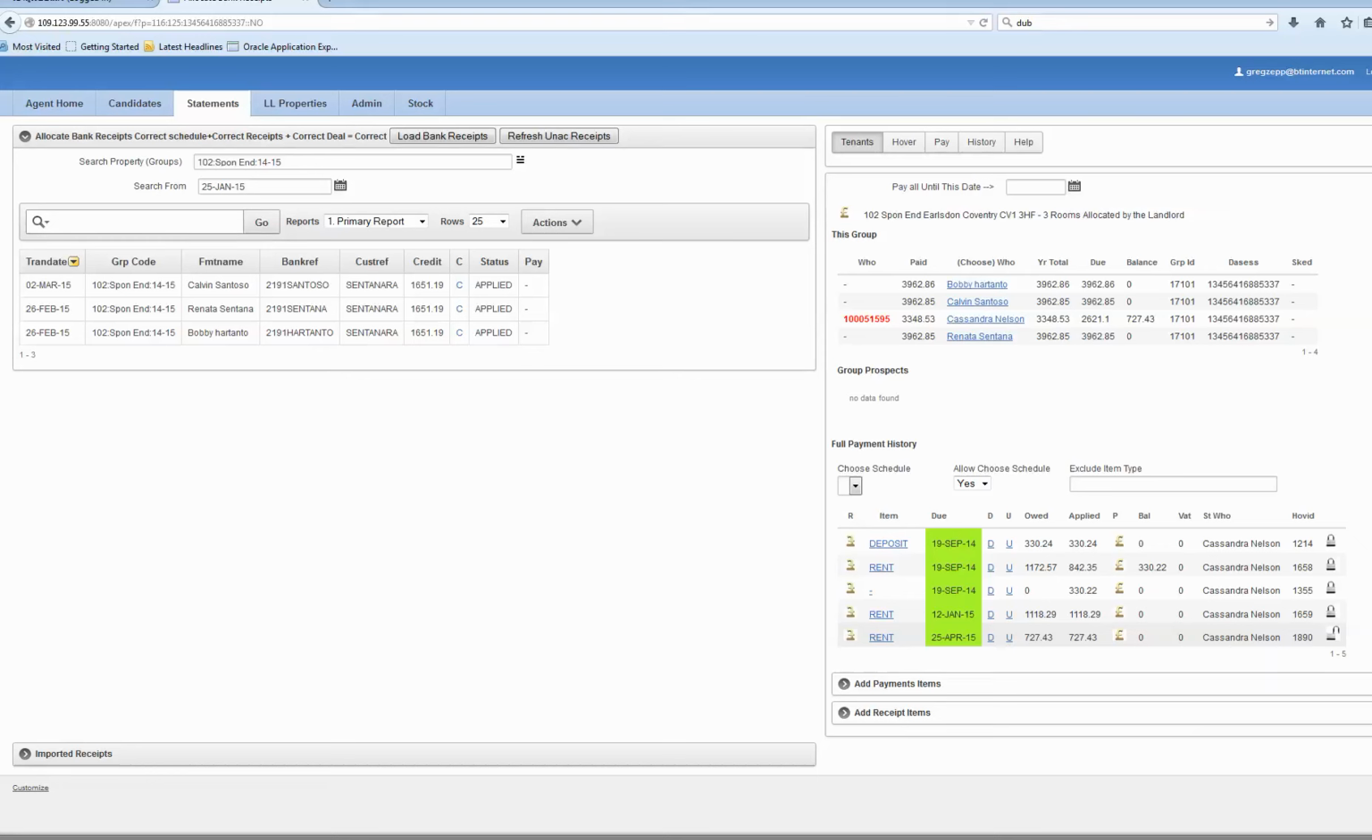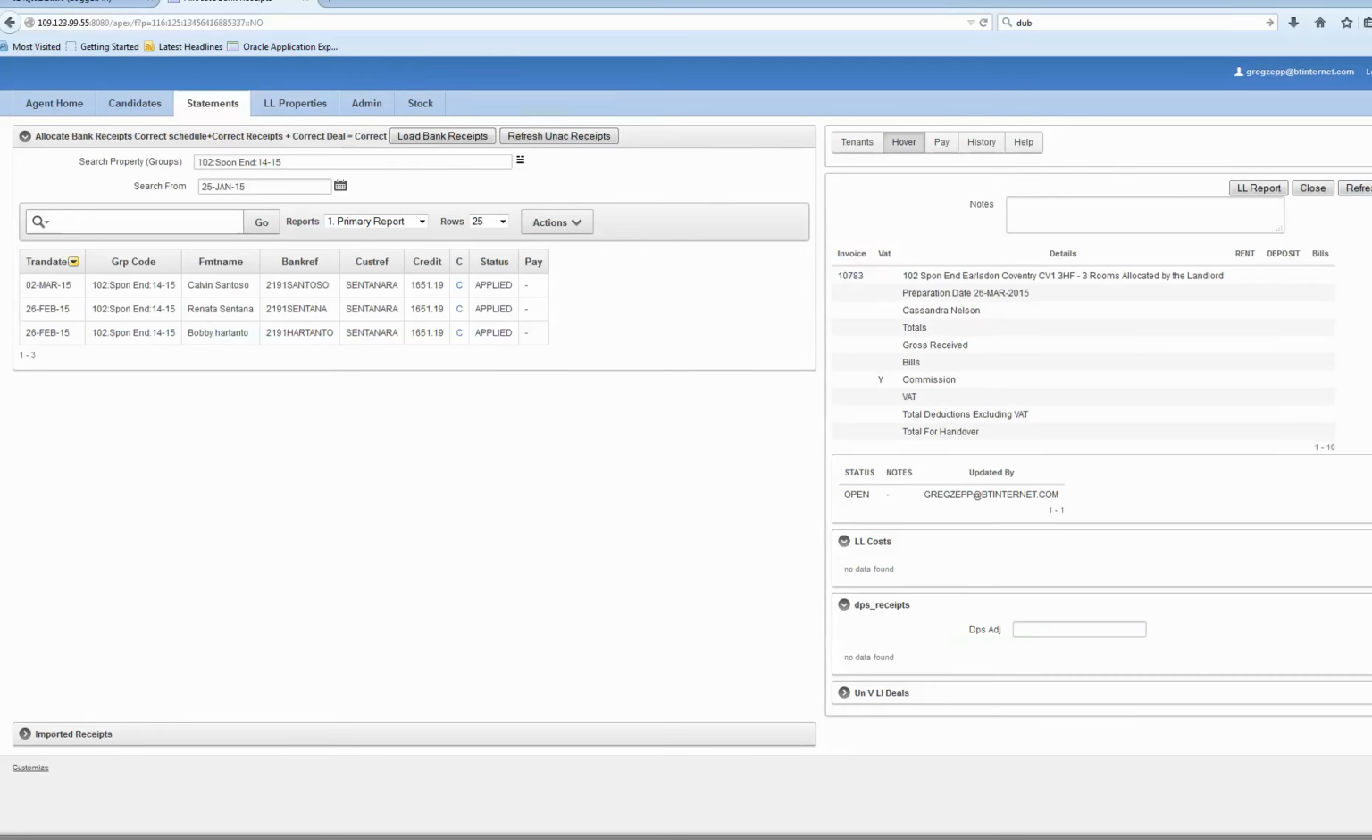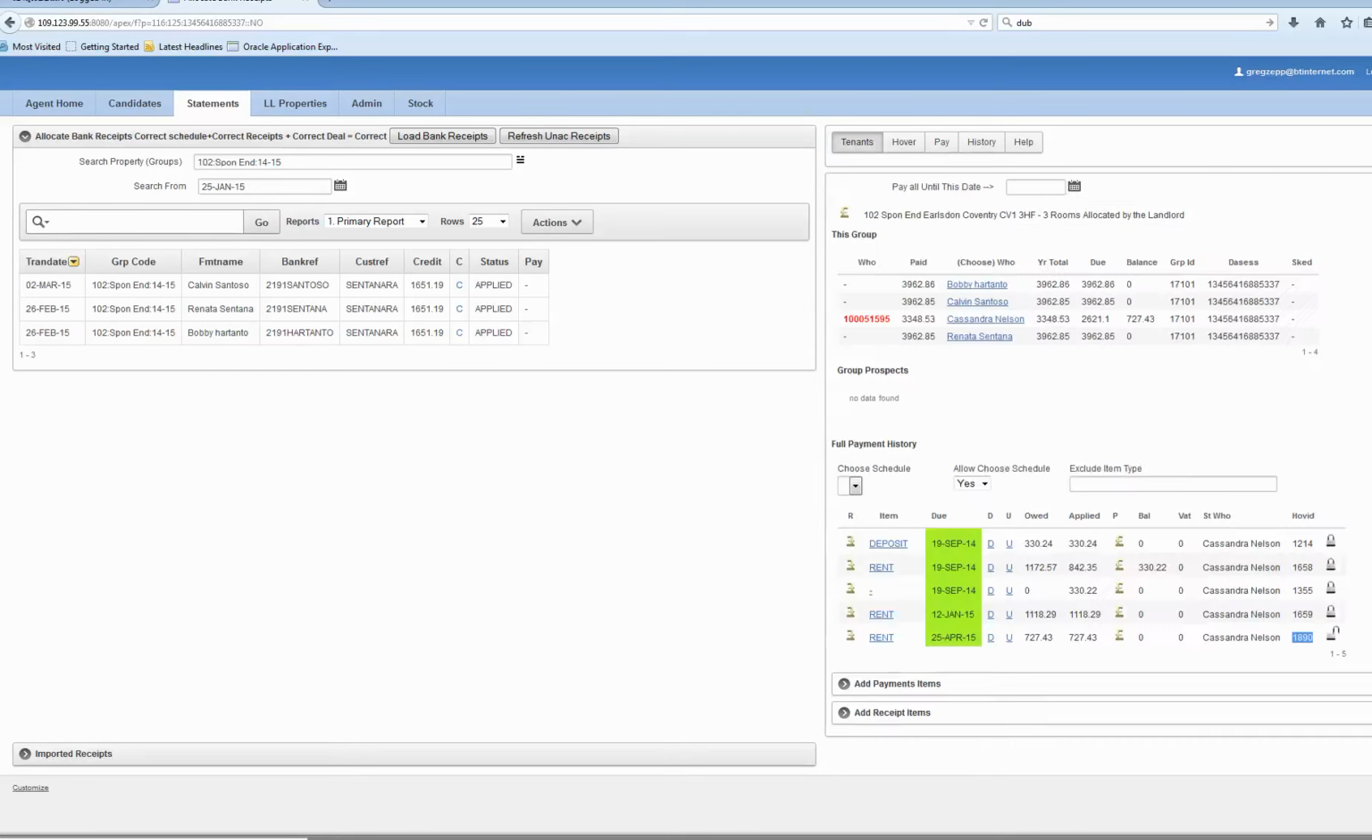Just to reinforce, those padlocks are very useful for showing you which transactions and which parts of the full payment history here are live. Let's go on to the hover tab and refresh. Now we've got a statement underway, and let's say that the business wants to charge some maintenance to this landlord. Perish the thought, but if you did,